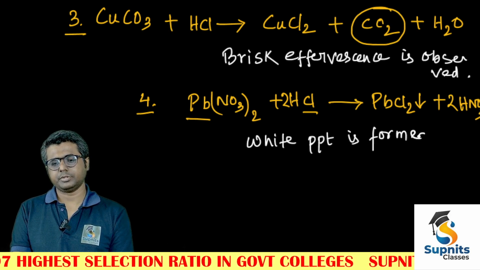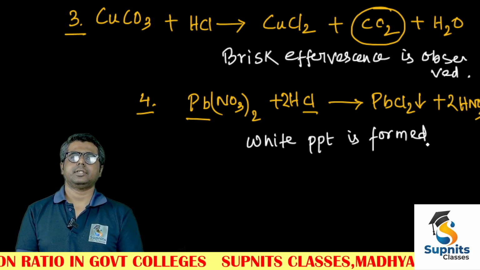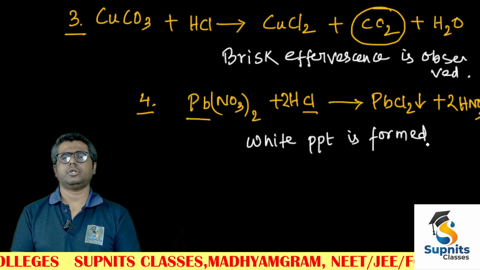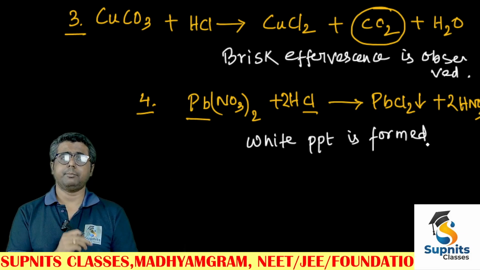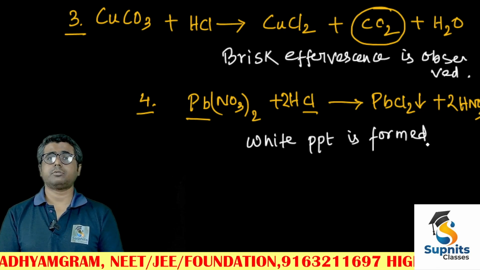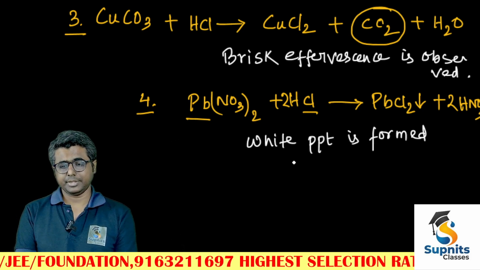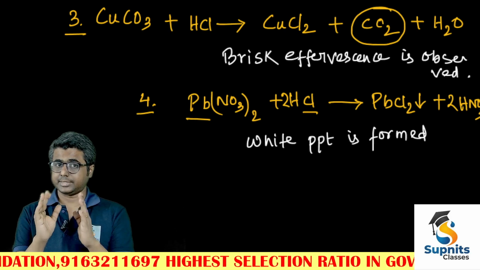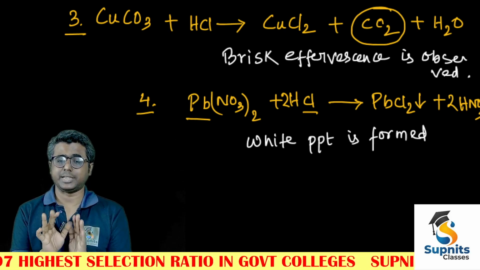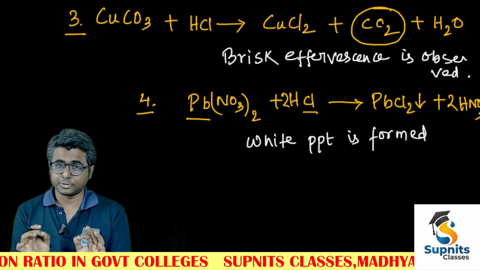But suppose it is said that lead nitrate is dropped into HCl solution and after that the solution is heated. So, you must remember PbCl2 is a precipitate in cold water, but in hot water PbCl2 gets solubilized. So, remember this white precipitate, if such a thing is asked that the mixture is heated. If it is not heated, the observation is pretty simple, white precipitate is formed. If it is said it is heated also, then you will write